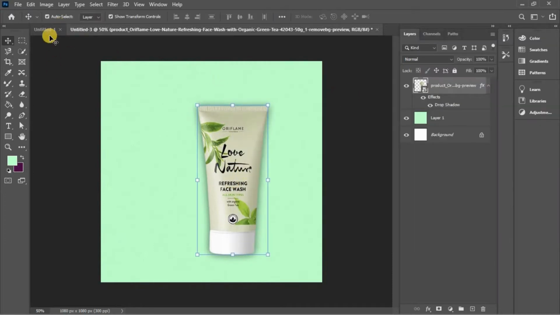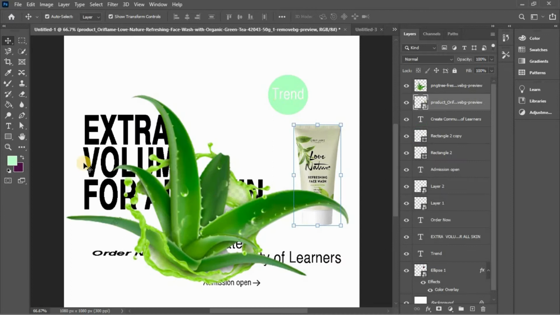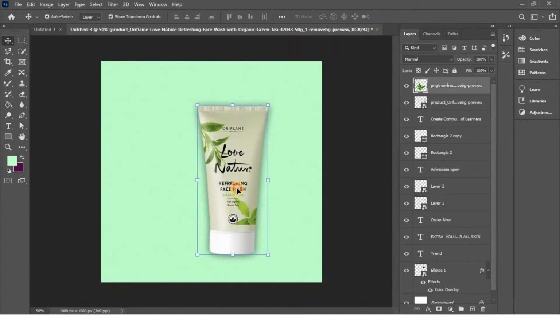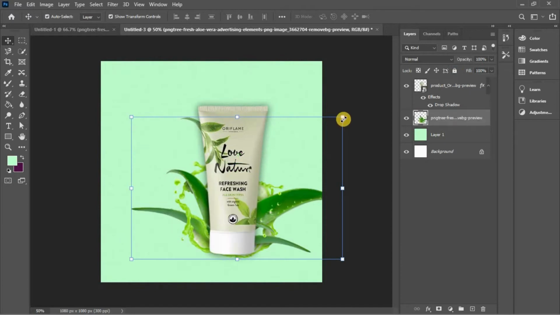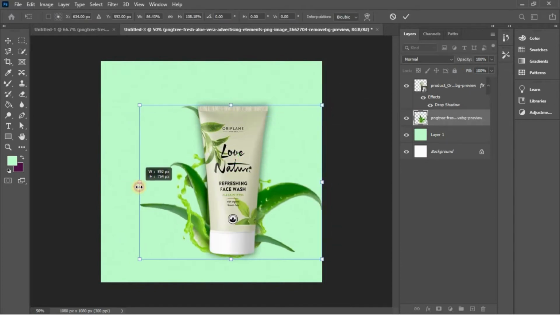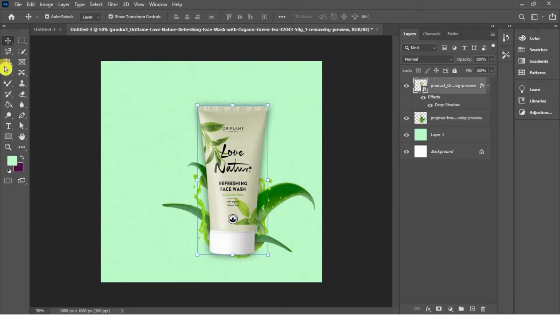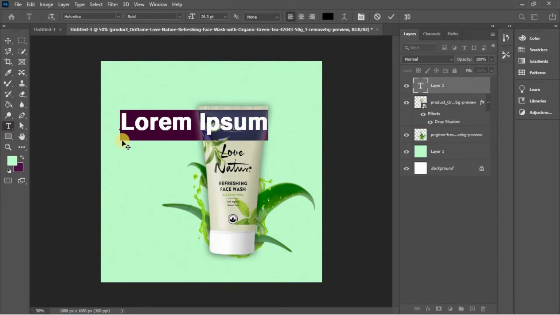Now take the watery plant PNG image. You can draw it yourself or take it from Google and adjust it. Okay, now add some text. Here we have to use a bold font.